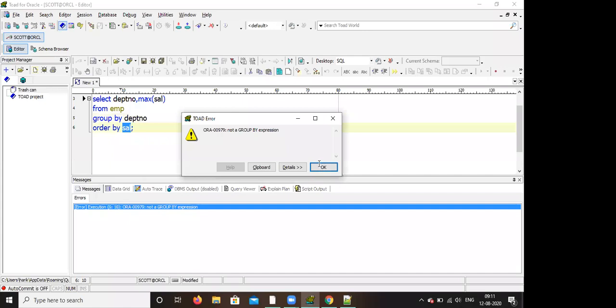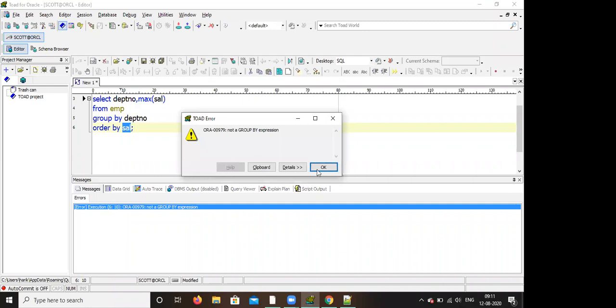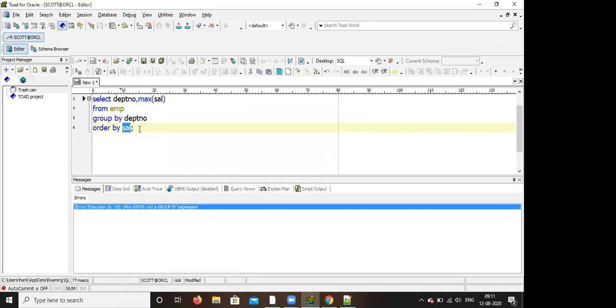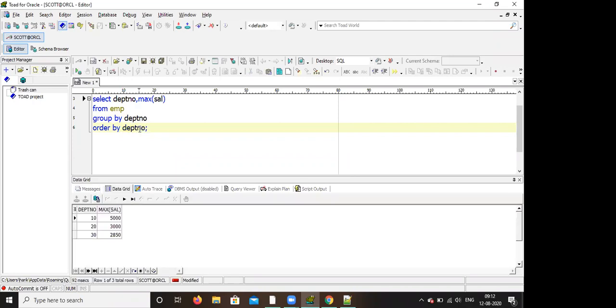Select department number, and order by department number. Now in department 10, this is the maximum salary. Department 20, this is the maximum salary. Department 30, this is the maximum salary.